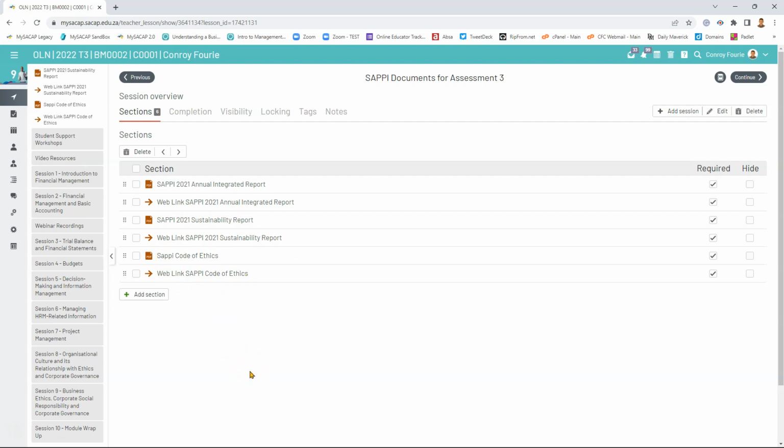So I'm just making the point that we're not examining your knowledge of all the detail in these reports. You will have to use that just to illustrate the case study. This is an actual company. And you must use your judgment and an intelligent assessment and approach to answering those questions as carefully as possible, given the word count limit as well.